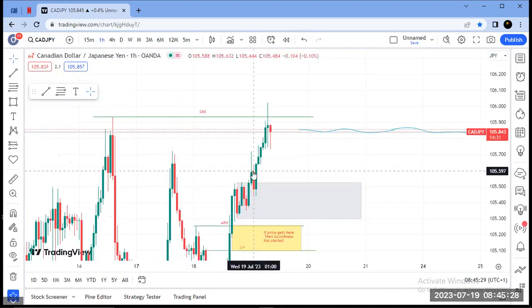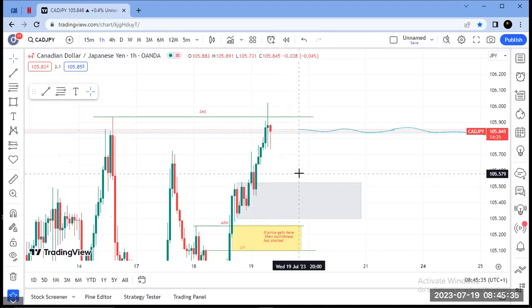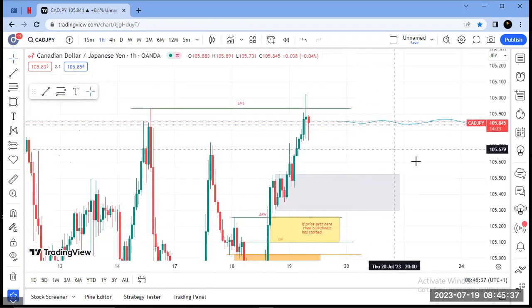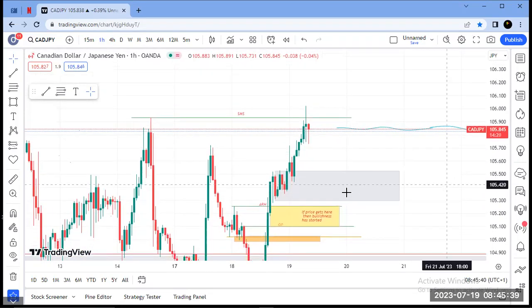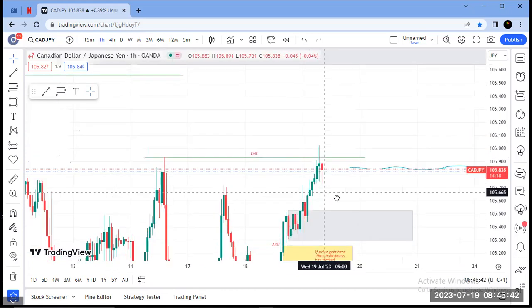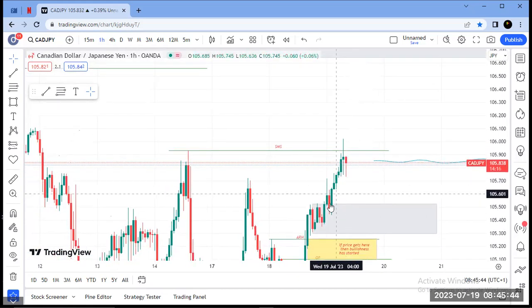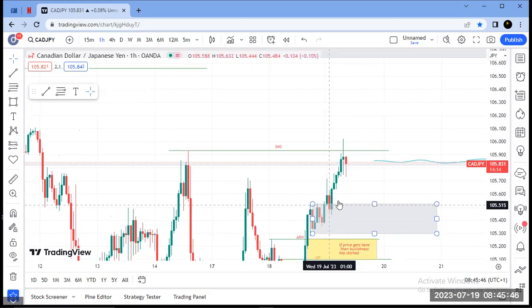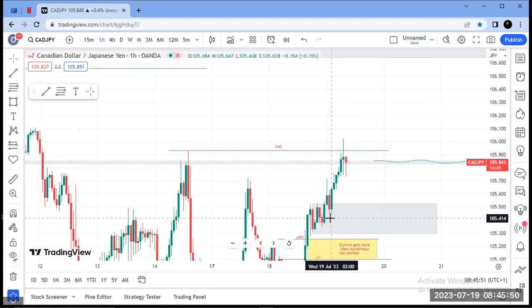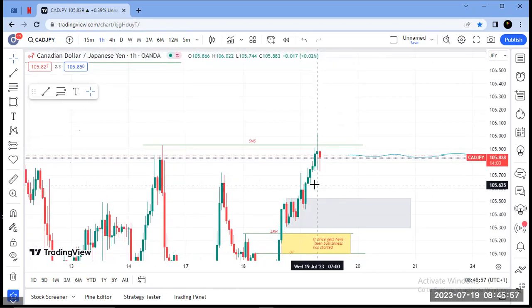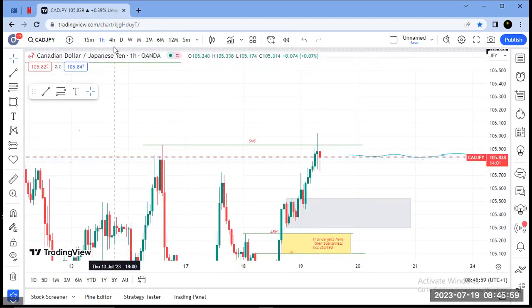Okay, this is the Asian low. The Asian low is for the London session to make the low of the day. Now this is the Asian low. So if it retraces up onto these points,